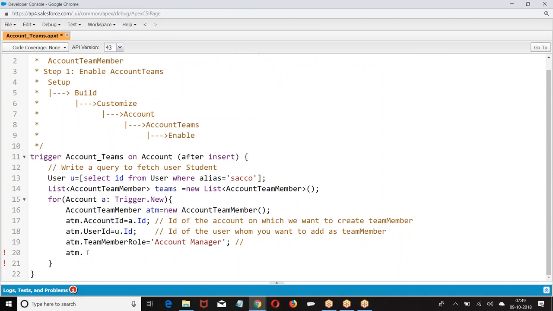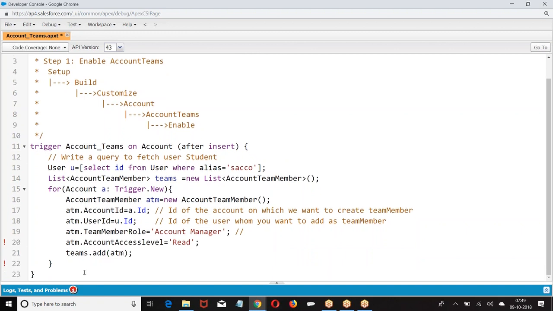Then we have ATM dot access level. Now what was this?